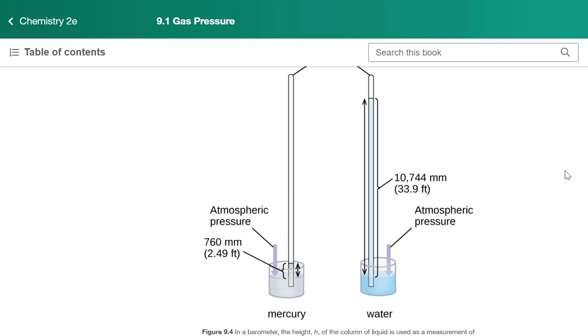But it would actually be a better barometer because when we make that measurement, you're going to have more significant figures than you would with a mercury barometer. So ideally this would happen, but with the constraints of architecture, it doesn't happen all that often. There are places where they do have water barometers in some universities.